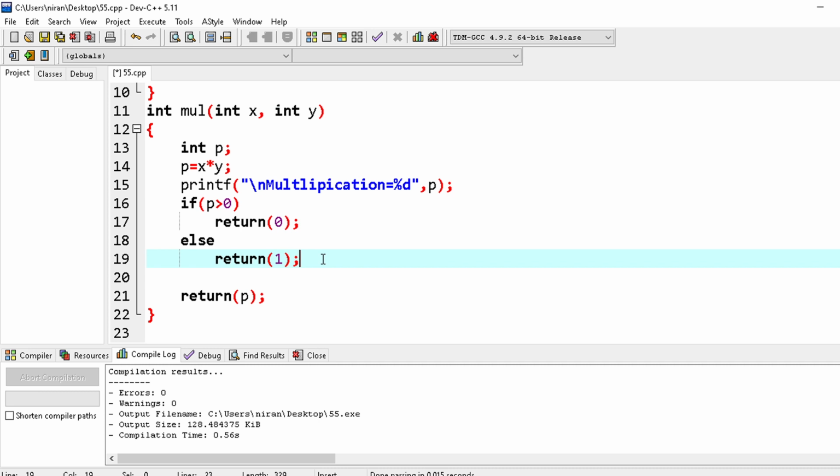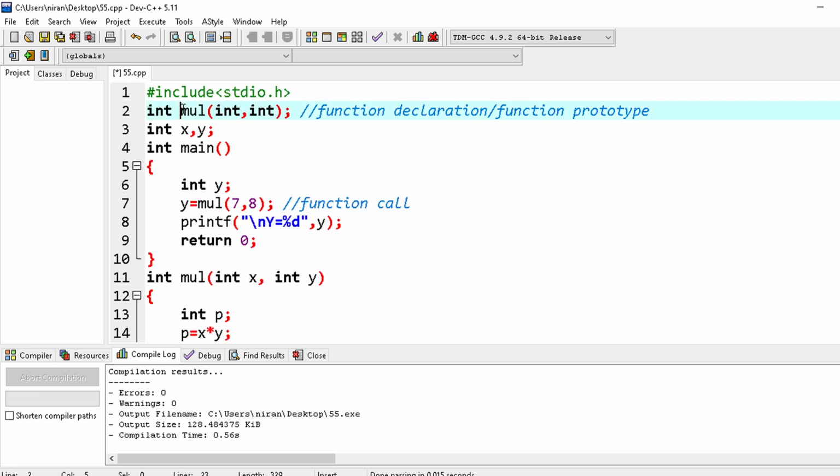It means that if you do not write anything in the return type section of the function, if you keep this space blank, then by default it returns int. Remember this thing: all functions by default return int data type.